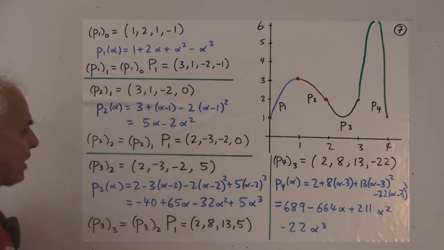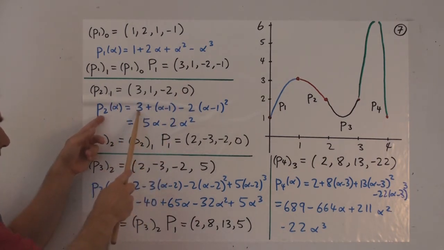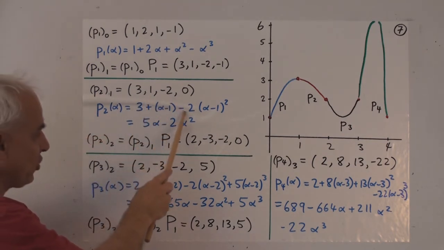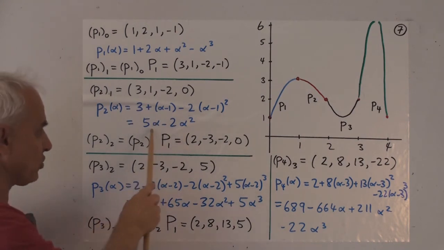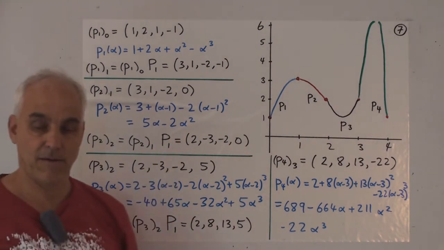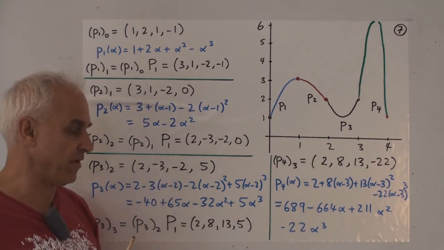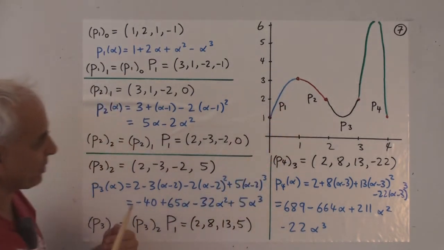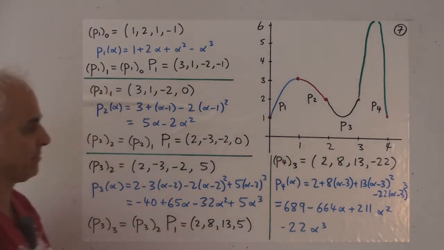So what is this polynomial actually? Well, this means that this polynomial is actually the polynomial 3 plus 1 times (alpha minus 1) minus 2 times (alpha minus 1) squared. And if we wanted to, we could rewrite that in terms of just ordinary powers of alpha, and it turns out to be, in fact, not a cubic. It's a degenerate cubic. It's a quadratic, but that's fair enough. Okay, so we've got that polynomial. Now what we want to do is compute its Taylor coefficient vector at the other endpoint, at 2.